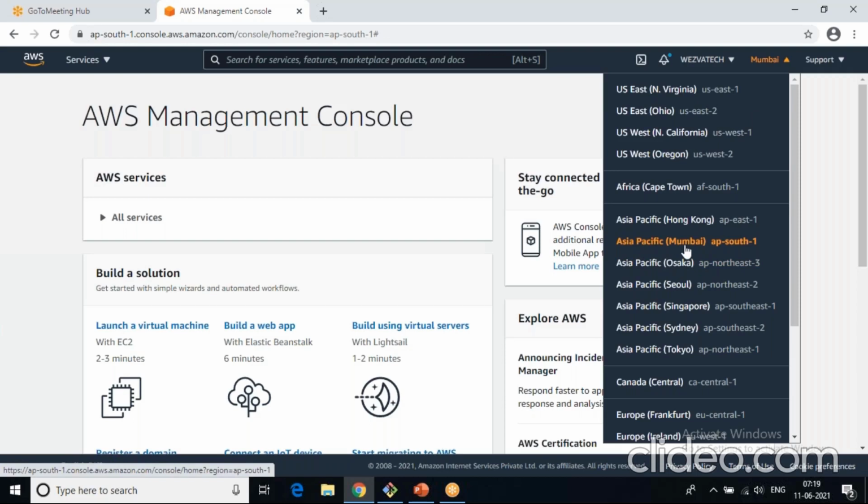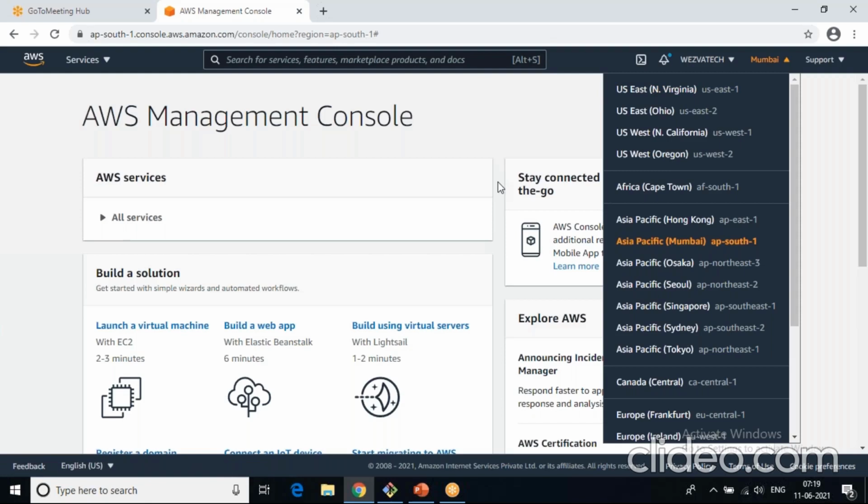If you are from the US, try to see which region of the US and choose the region accordingly. For those who are from Canada, you can try using CA Central or any other region which is close enough. The reason I'm saying this is that I can also create a machine in Hong Kong or US East. But what will happen over the network,